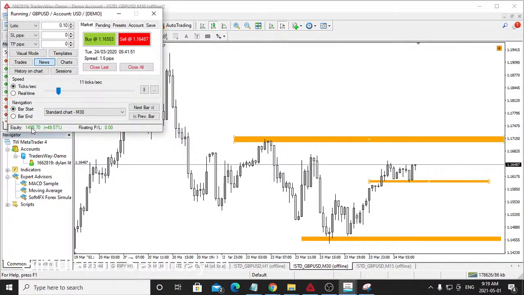I like the simulator being at 11 ticks per second because it's not too fast, but it's not too slow at the same time. Okay, so we have a break above this area right here. So now we have to ask ourselves,